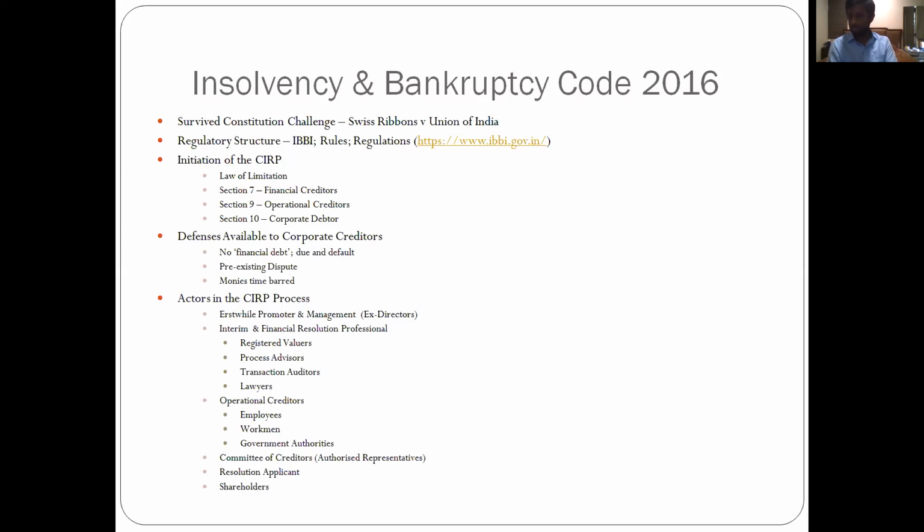law of limitation is a domain of procedure, and procedure can very well be retrospective, because IBC cannot revive any dead claims. So if you are a financial creditor who gave a loan way back in 1991, which became due in 1995, you can't come and say in 2016 you must pay me back my money because I can only enforce my right in 2016. Your limitation started running in 1995, and for you to now come to me after 20 odd years and say that you must pay me back the money, that can't be the intent of the legislature,